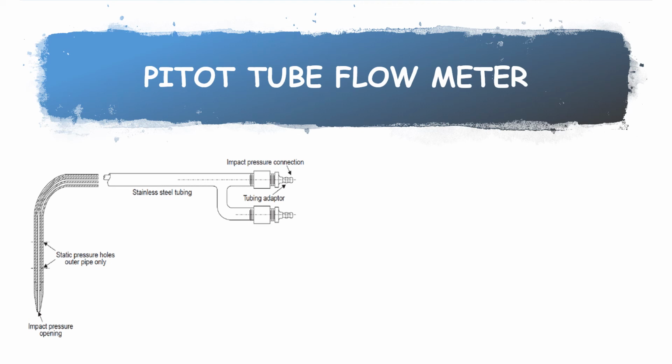It is frequently installed through an isolation valve so that it can be moved back and forth across the stream to establish the profile of the flow velocity. For high velocity flow streams, it is required to provide necessary stiffness and strength. As a result, Pitot tubes are generally used only in low to medium flow gas applications, where high accuracy is not needed.